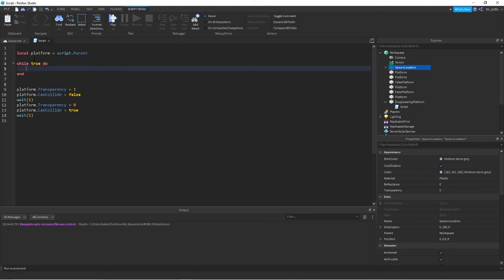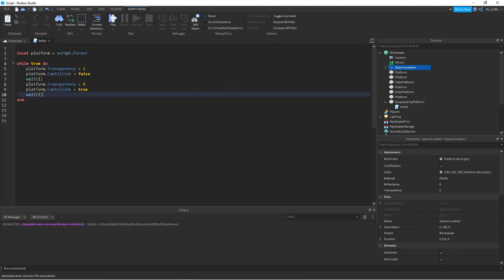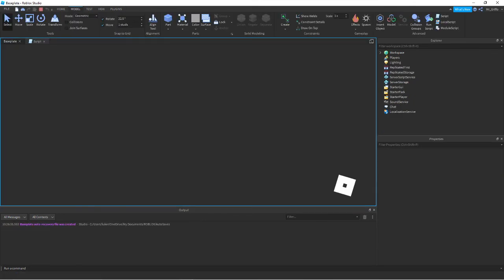Now, it's important that we add a wait when we have a while loop. Otherwise, it will just run this forever as fast as it can. So we must have a wait in here. We already have a wait in our little bit of code, and we're going to put this code straight into here. And now it will make the platform transparent and CanCollide false. Wait 1 second, make the platform visible, and so you can touch it, and wait another second, and then it will loop back to the beginning and go through all of these all over again, and it will keep doing that. So now if I press play,